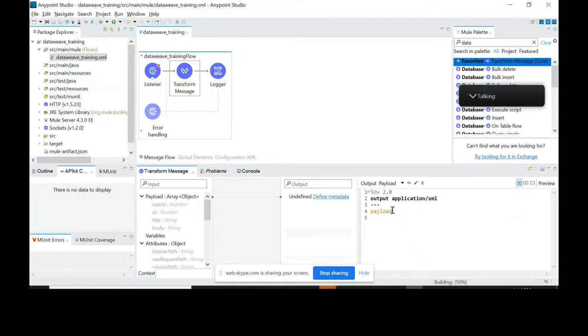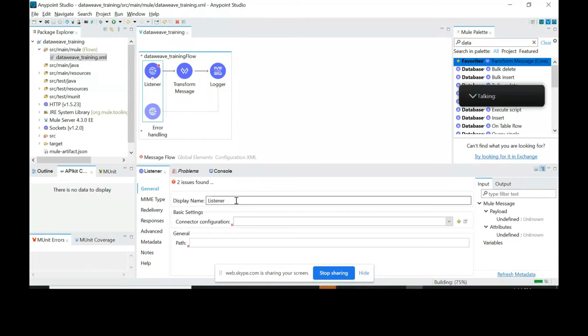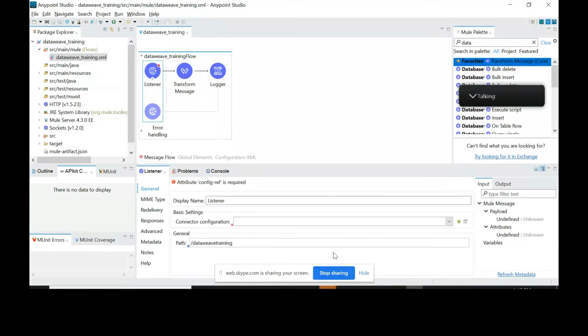Click on the listener component and we change the setting of the listener component. Type a path such as /data weave training. Yeah, put an underscore in between data weave and training. So what I'm doing here is I'm maintaining the name of the file and the path of the HTTP component